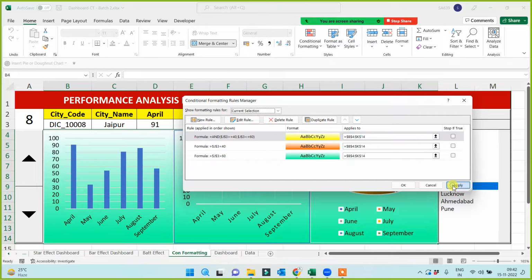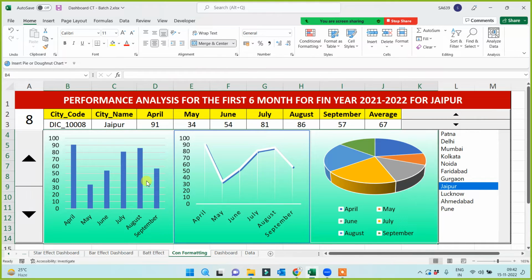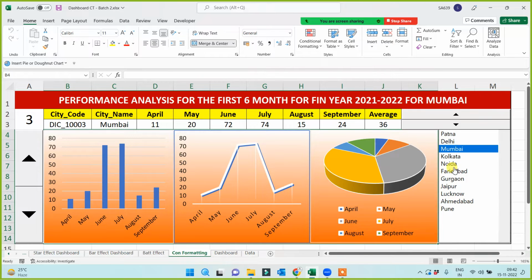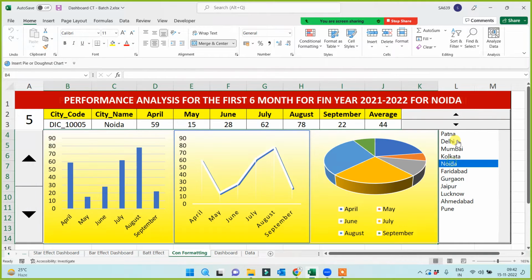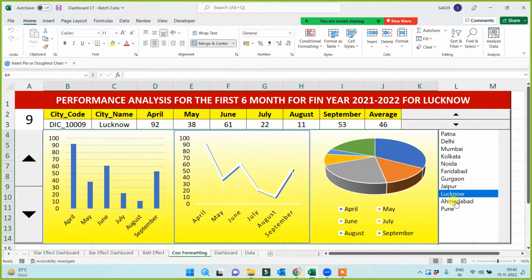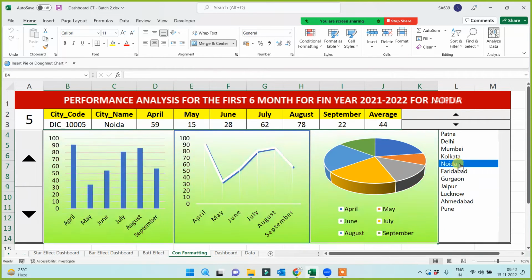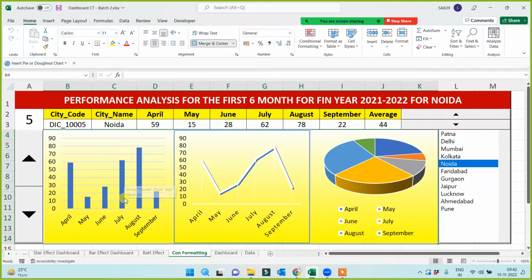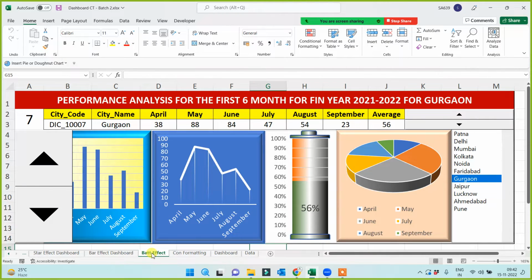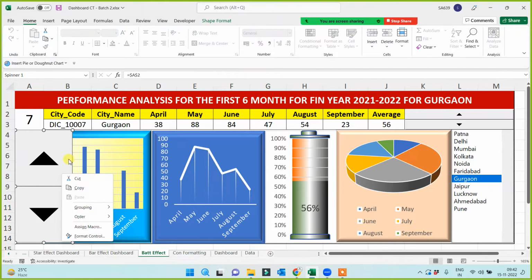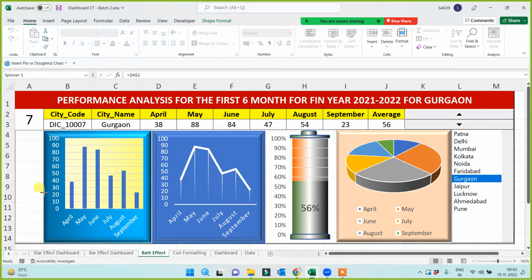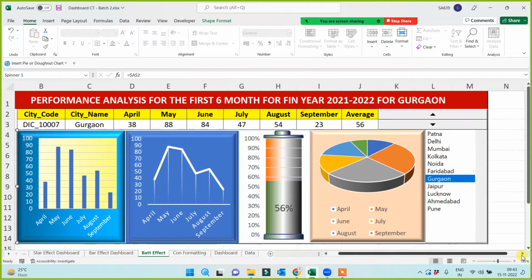This dashboard contained everything, whether you are talking about slicer, spin button, list box, or any other activity. Apart from this, you can see the color effect here. Now there is a bar effect, the battery dashboard. Under the battery dashboard, what we did, see,